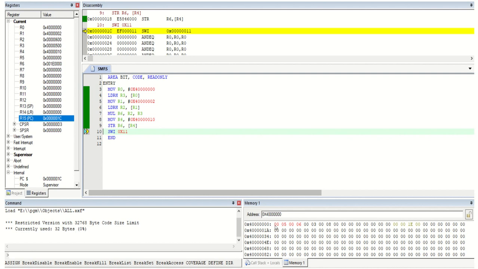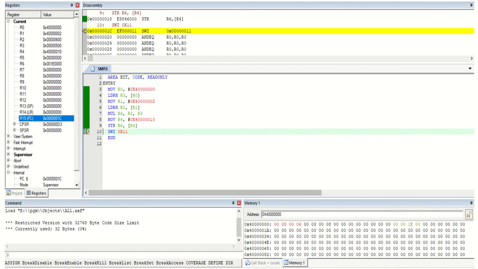Generally you know the hexadecimal, binary and decimal number concepts. Here, for one space we can fill 2 hexadecimal digits. 2 hexadecimal digits means an 8-bit number, and 4 hexadecimal digits means a 16-bit number. 8 hexadecimal digits means a 32-bit number.